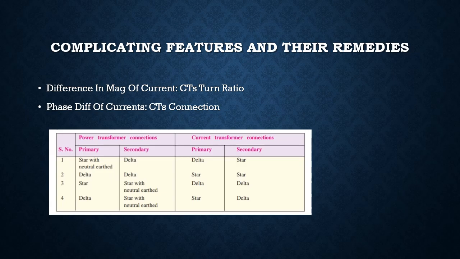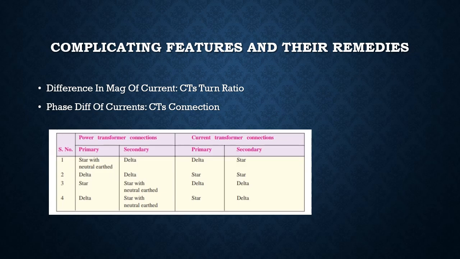So this 30 degrees phase difference may operate the relay during normal or healthy conditions of the system. Operation of the relay during normal or healthy conditions is not desirable, as usual. But what is the reason for it? The phase difference between the primary and secondary currents of the transformer. If there is any phase difference between the primary and secondary currents, this is a complicating feature, this is the problem. So this problem can be compensated by proper connections of the CTs which are placed on both sides of the transformer.